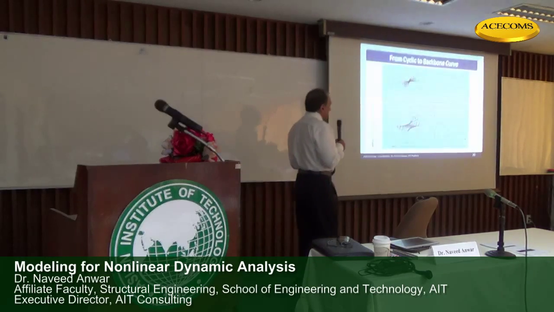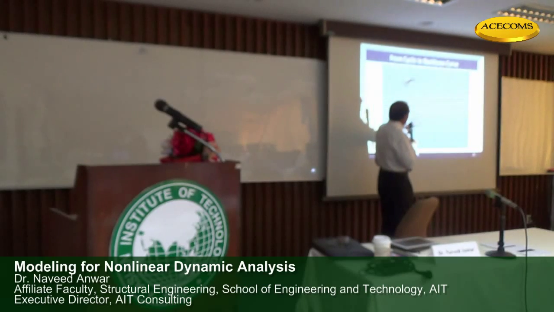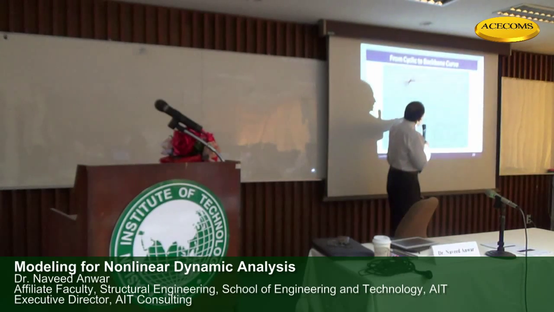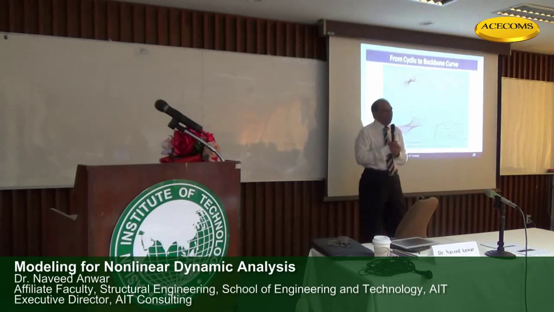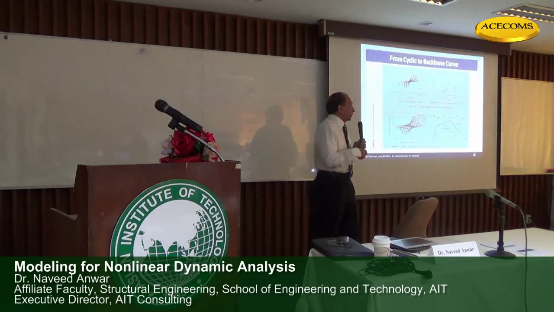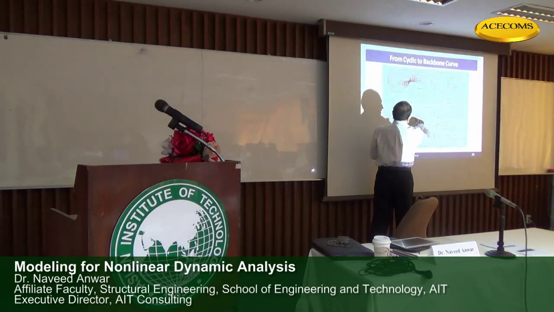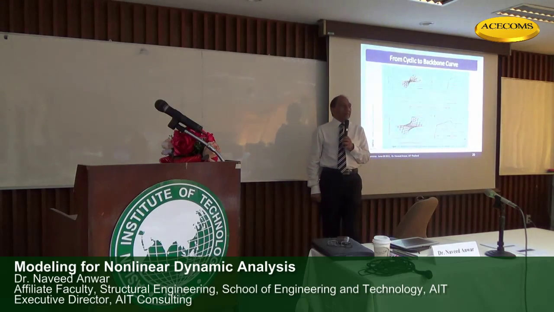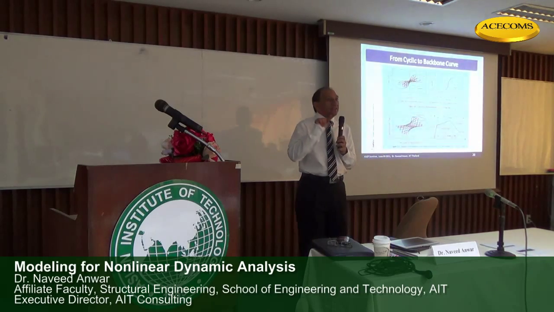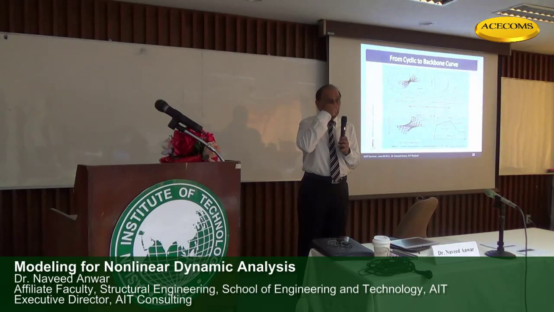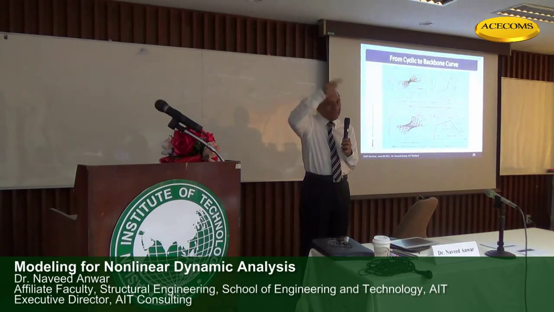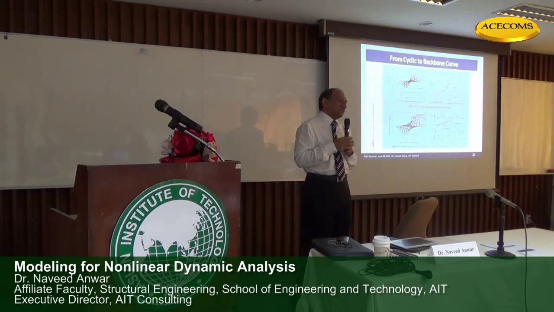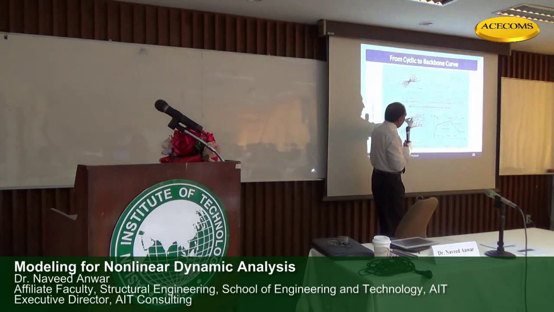So what we normally do is that we also try to plot what is called the backbone curve. The backbone curve is what is on top of this line. If you connect the tips of each of the cycles, that becomes our backbone curve. That becomes our equivalent FD curve that we can use. If we cannot use the full cyclic response, we use the equivalent FD curve, which is connecting the tips of the